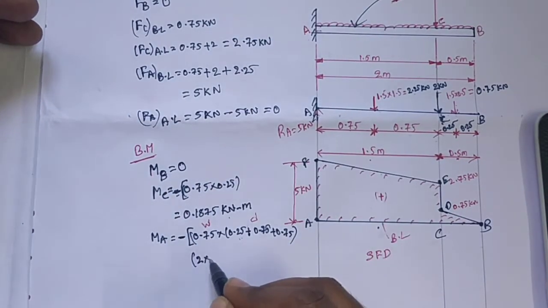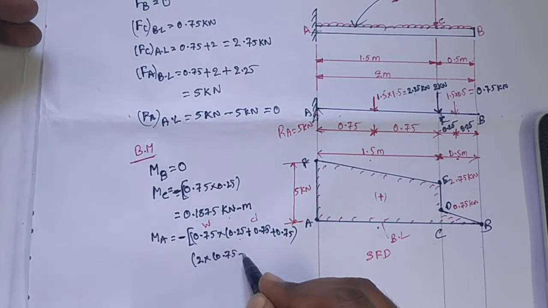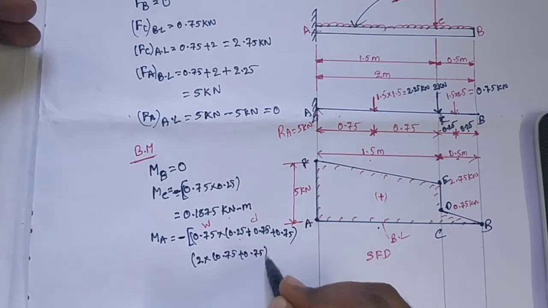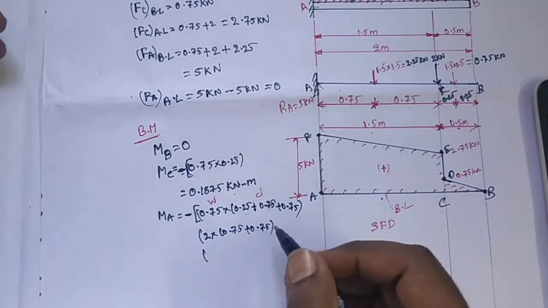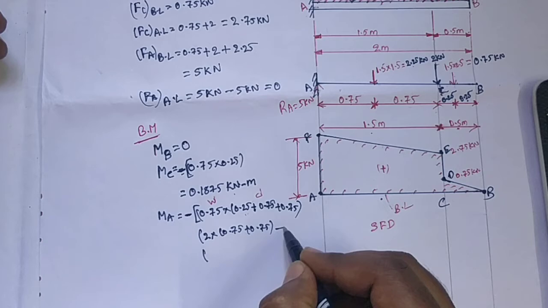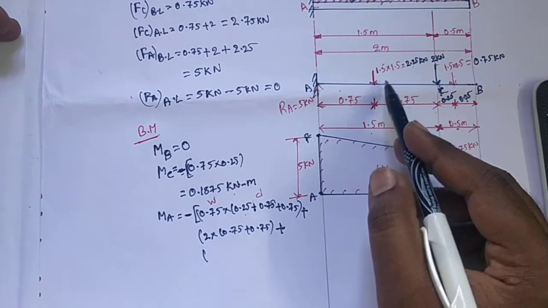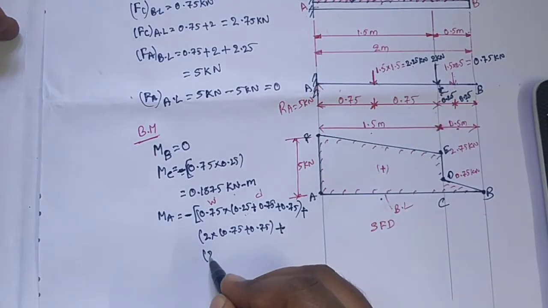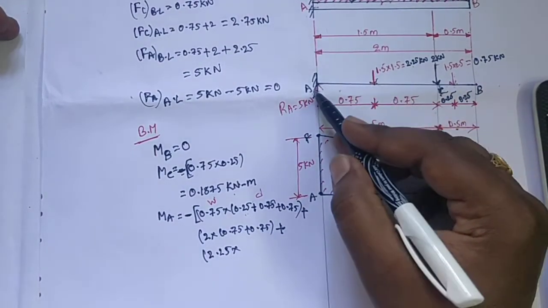2 kilonewtons. The distance from this point to this point is 0.75 plus 0.75. Okay, next the third load is acting, 2.25. Distance from this load to this point is